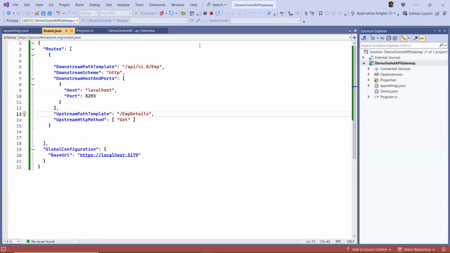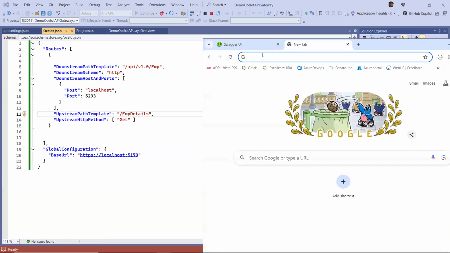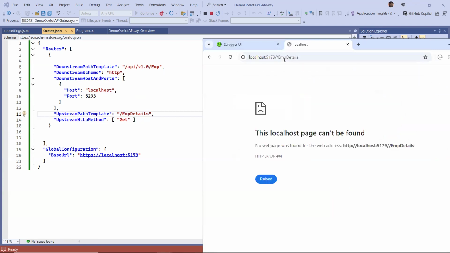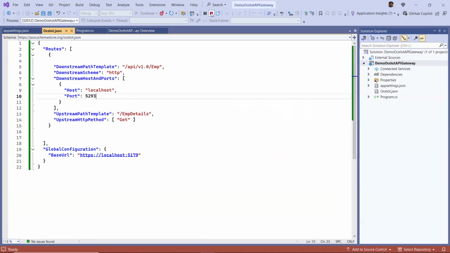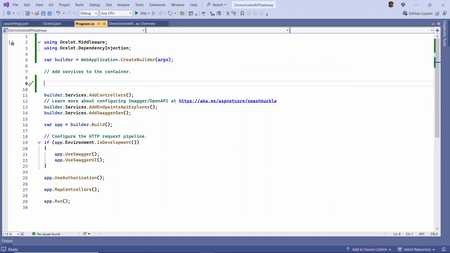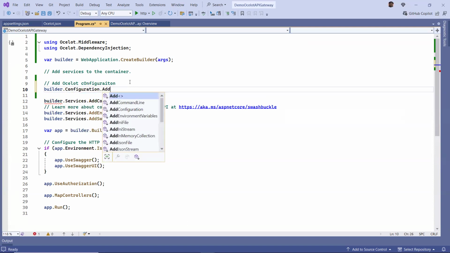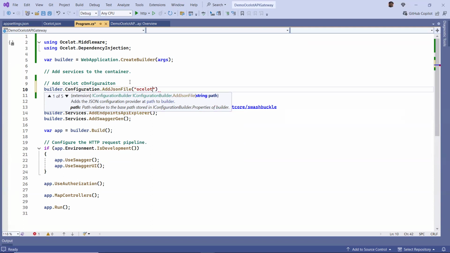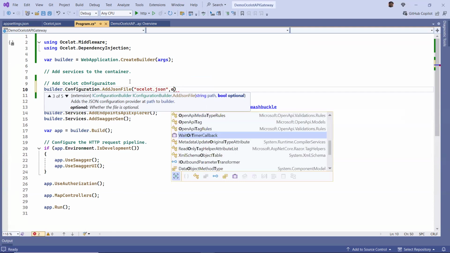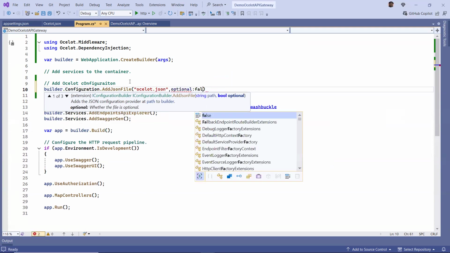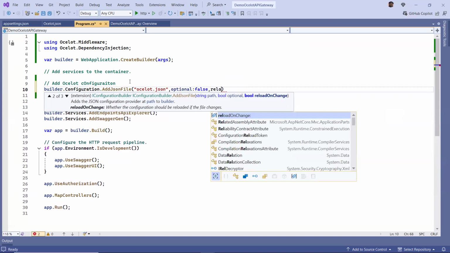Let me run this. Coming here. 5179. Right. EMP details. This is not working because once after you mention this Ocelot JSON, you need to add the Ocelot API gateway in the program.cs file, right? That's how it is going to recognize. So adding Ocelot configuration. For this, what I'm trying to add is builder dot configuration dot add JSON file of, what is the JSON file? Ocelot dot JSON, and some optional parameters can be given, like optional is false, and reload whenever it is changed